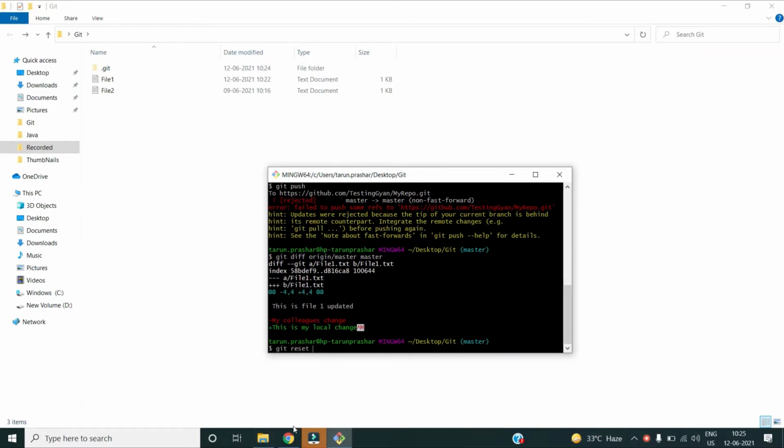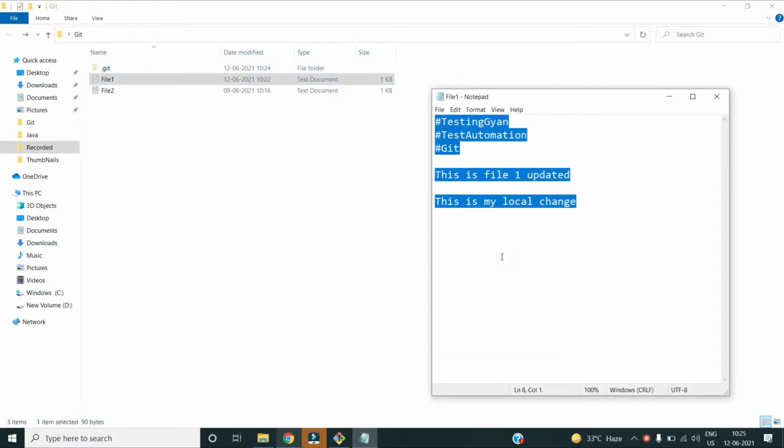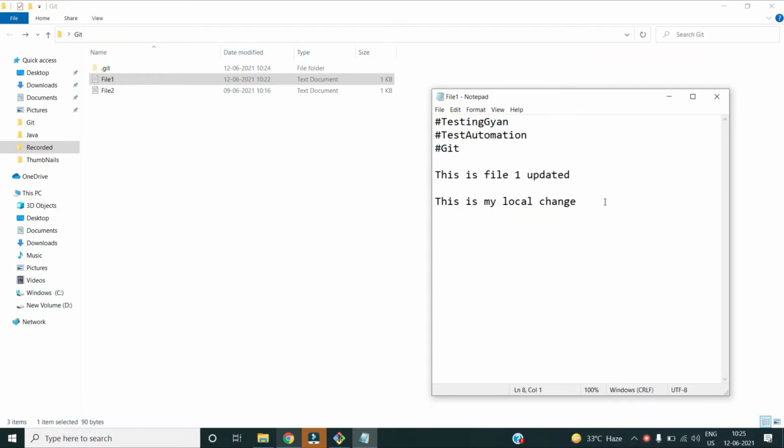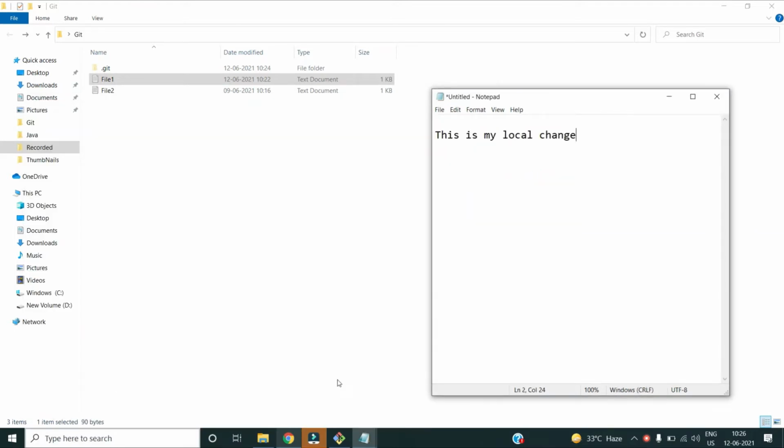Okay, this is one of the approaches, there can be other approaches as well. So before resetting my local code with respect to my remote branch code, I will take the backup of my current changes. This is my local change. Somewhere I will take the backup in some file so that I can later on commit those changes.